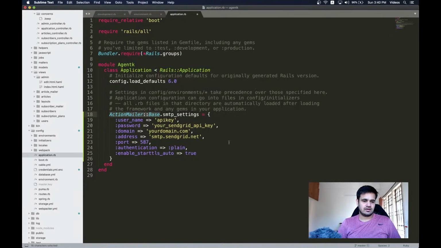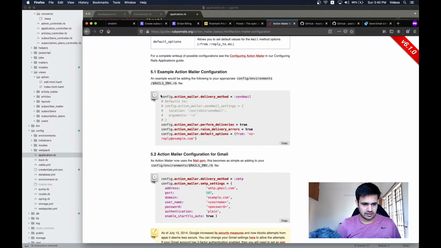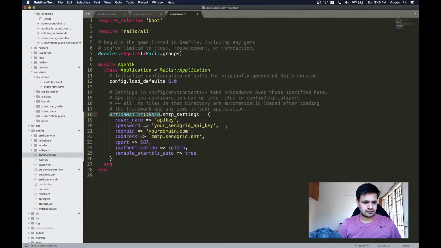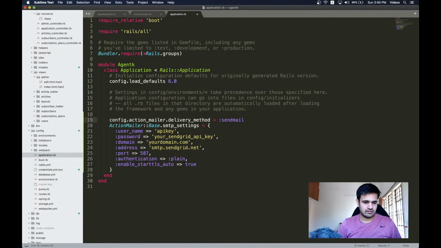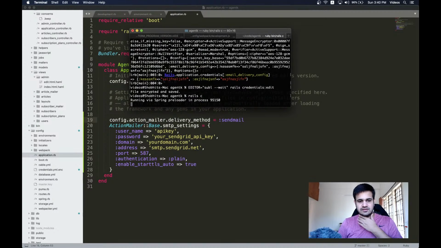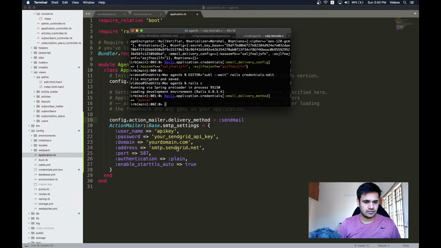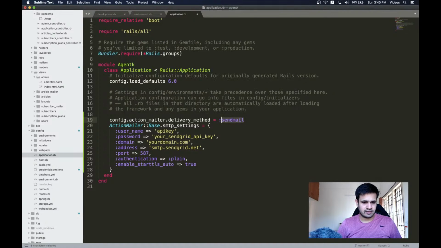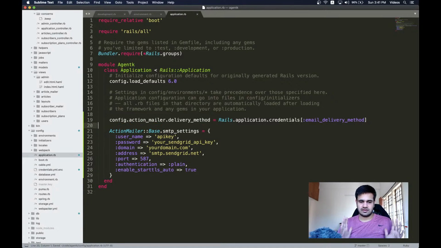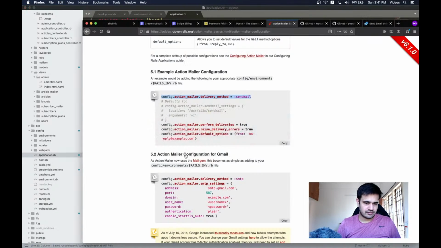We get here. Now instead of doing this, we can just be like config action mailer, right? And here what we will basically do now is we'll go to the credentials, and then we'll call delivery method. Whatever the value that we set, we will be able to see there, and then we will just say this. Yeah, so this is the delivery method that we will be using, and then we can have